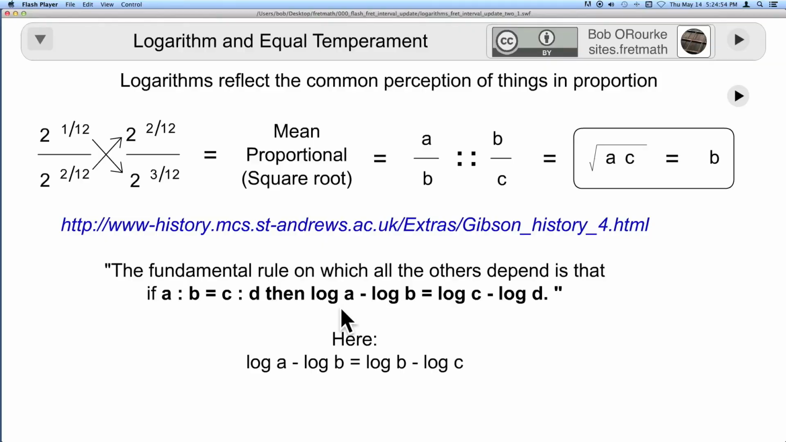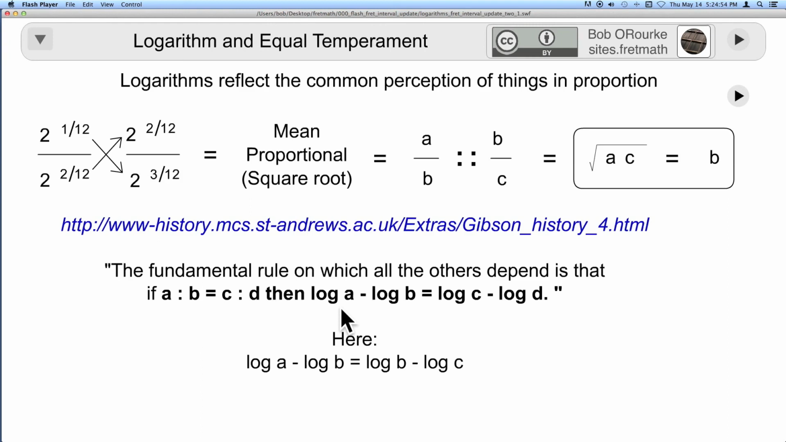And back to Napier's original logs, we're talking about mean proportional, square root. Means and extremes is the old terminology. So for equal temperament, we would be talking about a mean proportional, and it would be log A minus log B equals log B minus log C. The only reason I might get